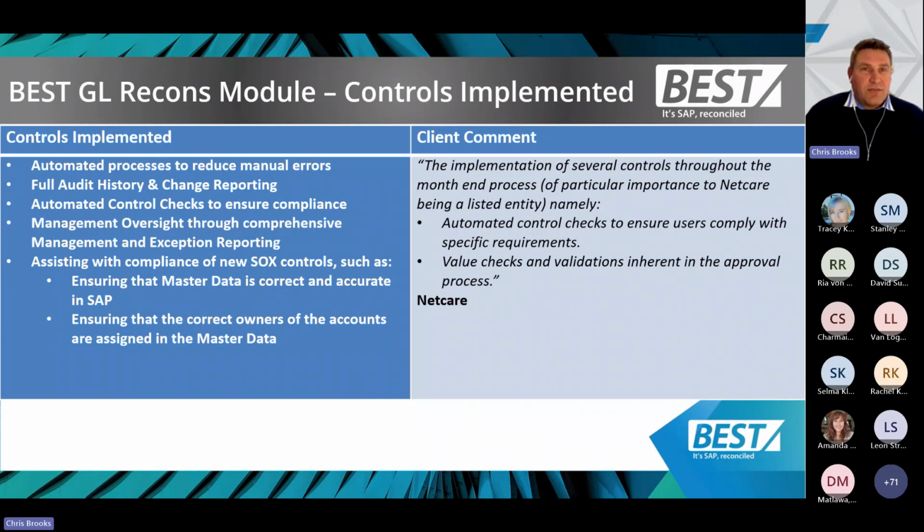So just to cover some of the key controls that we were able to implement across our customer implementations, and note some of the key ones that were noted throughout our customer clients' case studies.